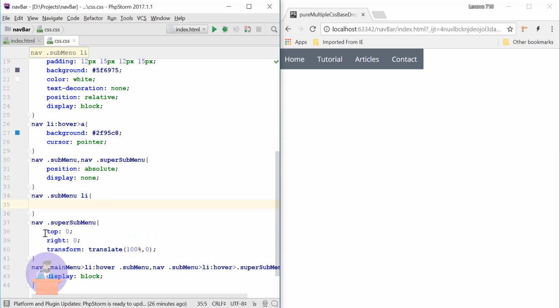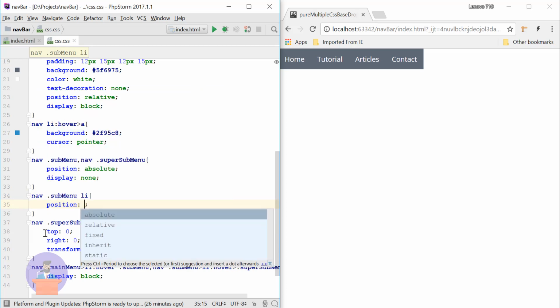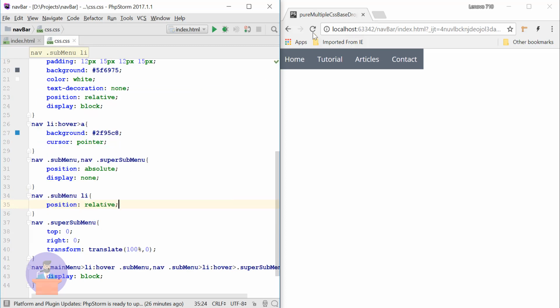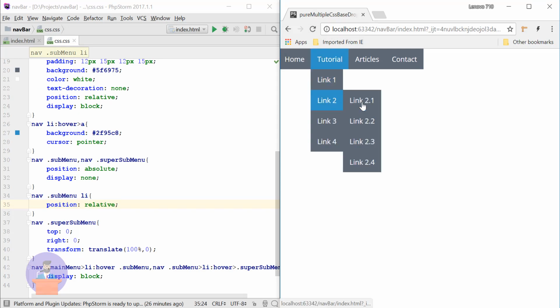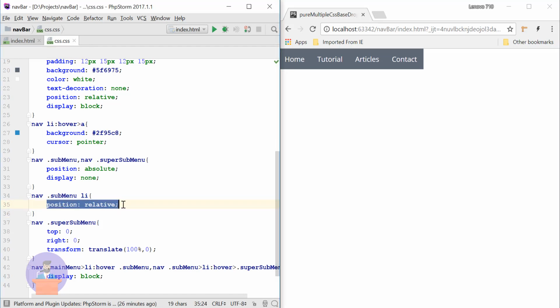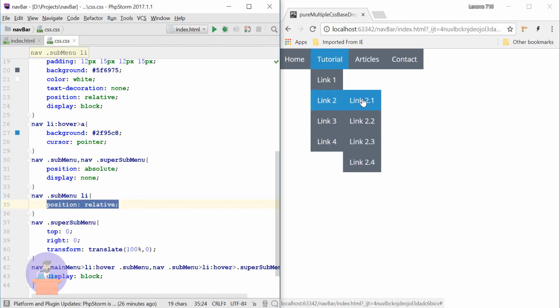So I will make that list position as relative. Okay, so right now this top position is relative to this link 2. Previously it was relative to our main menu. So we have provided position as relative so that the top position will be relative to our submenu list.